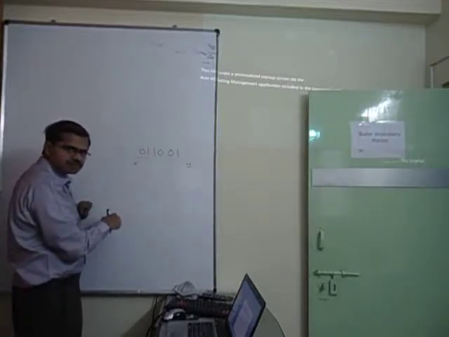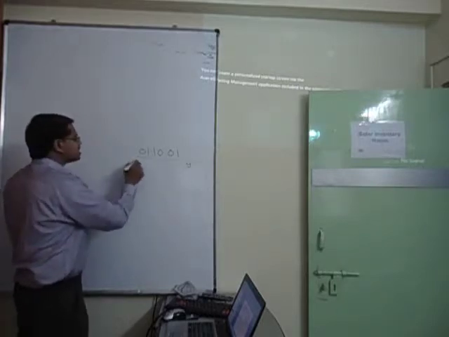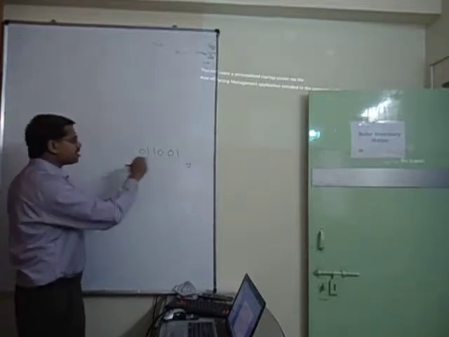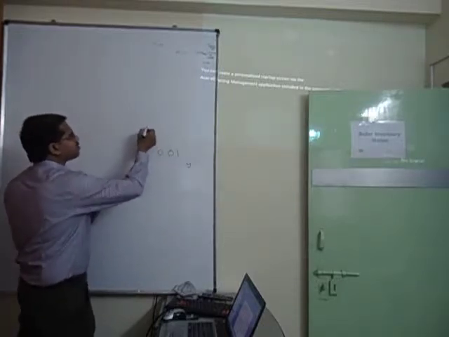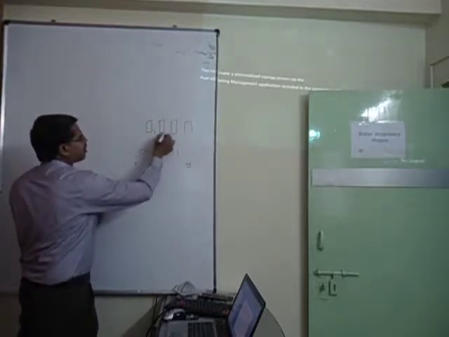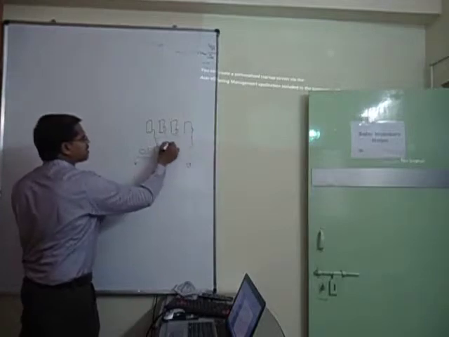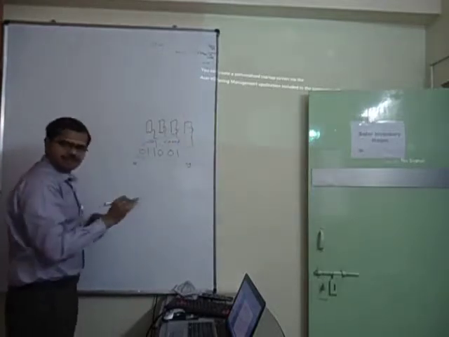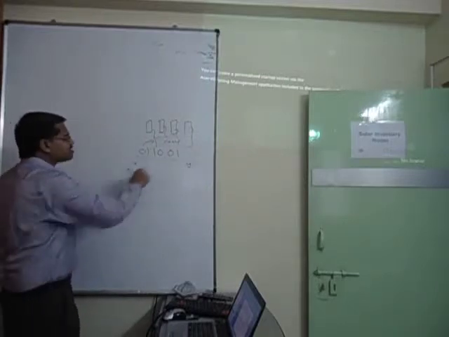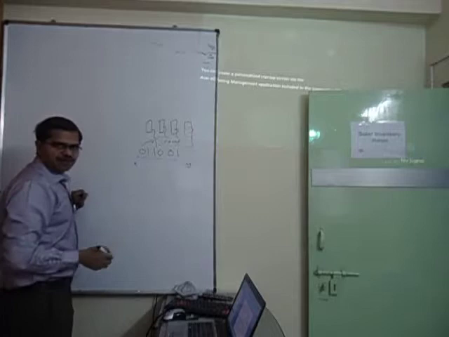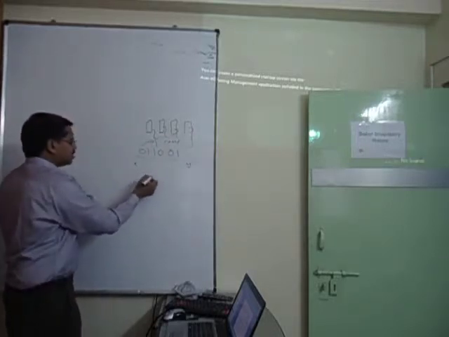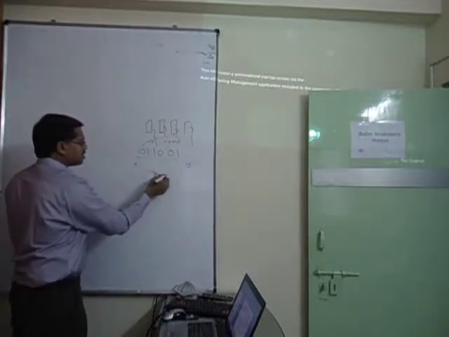We have to take 6 flip-flops? No, not required. See, this is a sequence which is coming. One way of doing it, you won't do. You can do it another way. As you were guessing, you will take 6 flip-flops, and the 6 flip-flop outputs you directly give to a comparator and compare the sequence. Yes, that is one way of doing it, but that is not the optimal way, because to detect this sequence, from a state machine point of view, when you have to design, you should not take this 6 flip-flops approach.